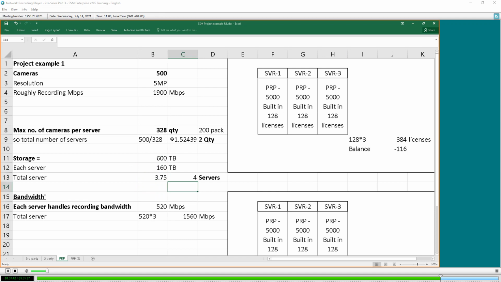Okay. Although technically license wise you need only two, but storage wise you need four. So in this case, either you expand the storage with some external NAS or iSCSI, or you just buy four individual server.